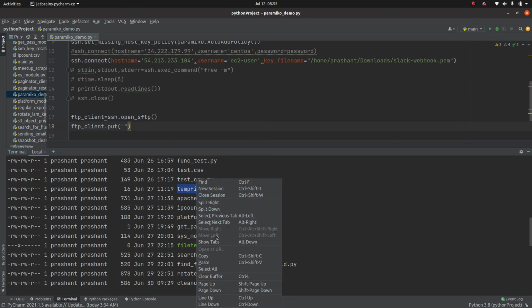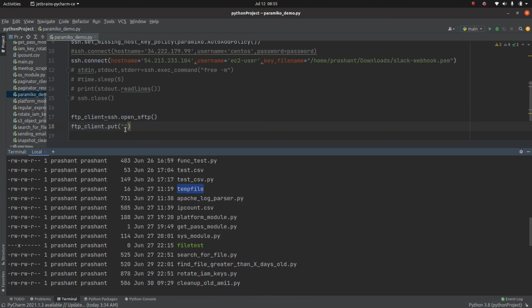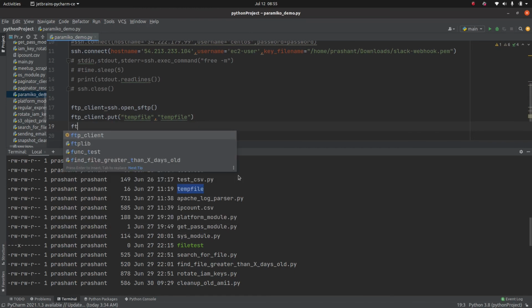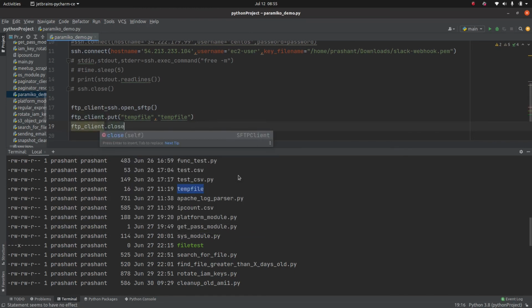Let me put this temp file into the remote server, and as a good practice I'm going to close the connection.